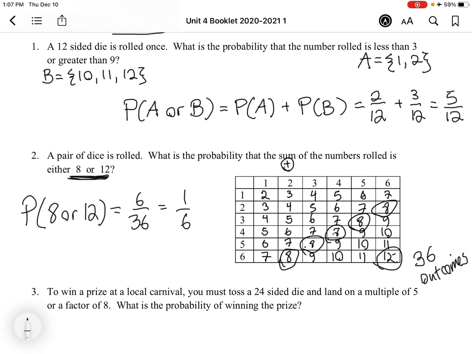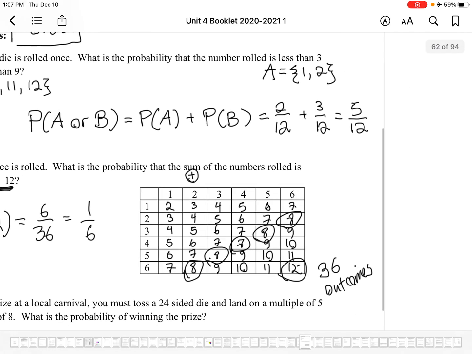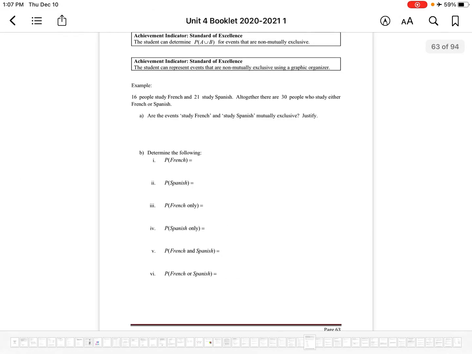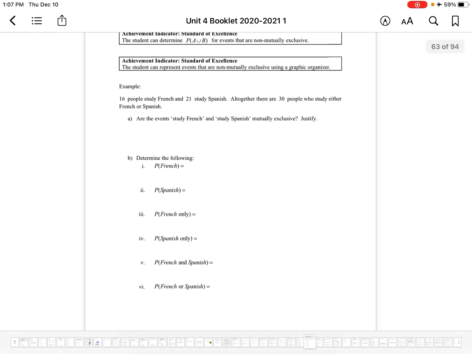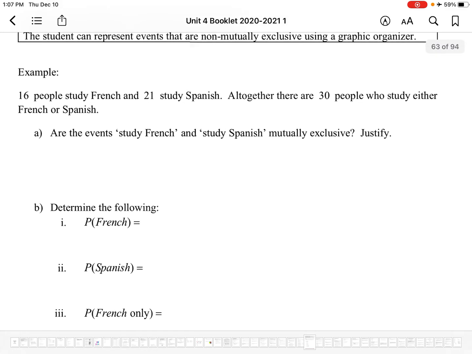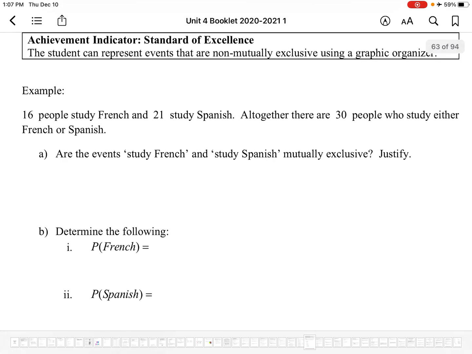All right. I'm going to skip the next one because it's very similar to question 1, and that's one that you guys can try yourself. And now what we're going to do on the next page is one where we actually have to incorporate something that we did in the previous unit,